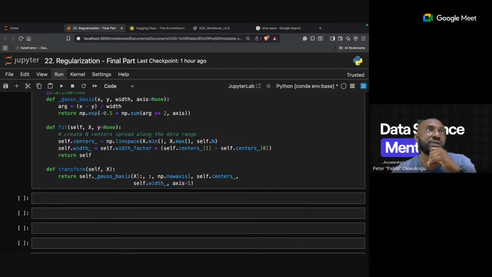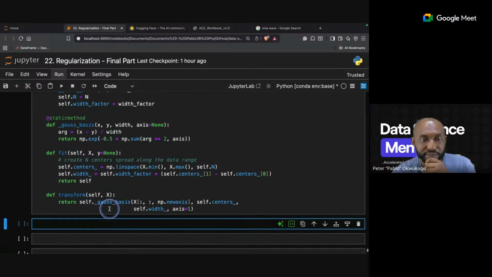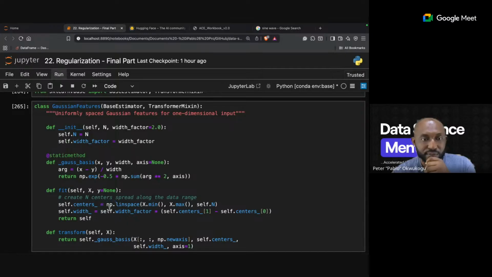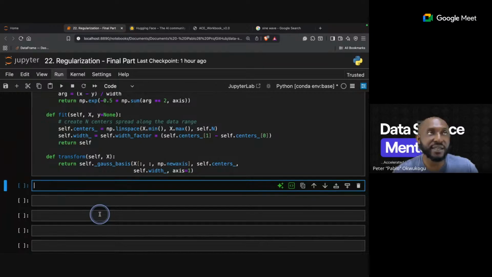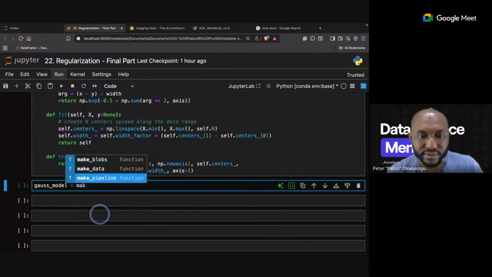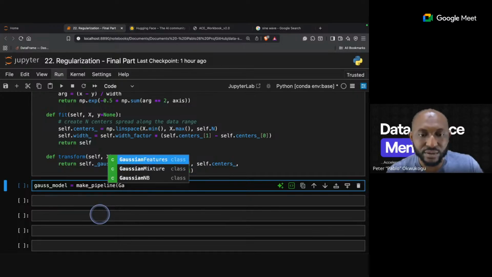Now we'll come over here and say our Gauss_model or Gaussian model, and we'll make a pipeline, and inside we'll have our Gaussian features. So we'll say 20.